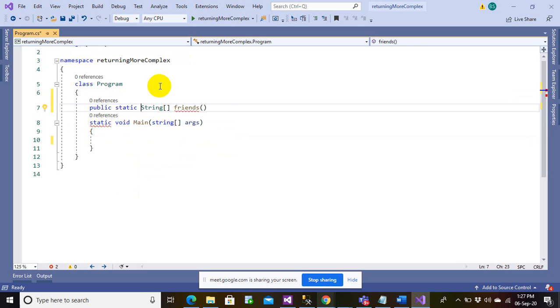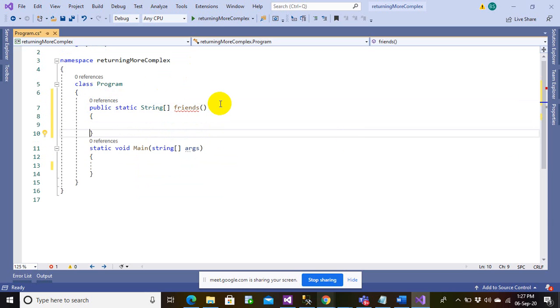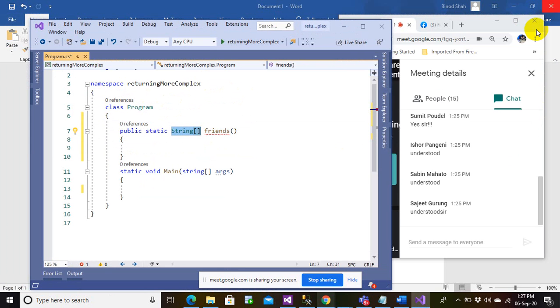Let's say this could be one. Now you might have seen something really wide and different. What do you think this is? Any one of you?